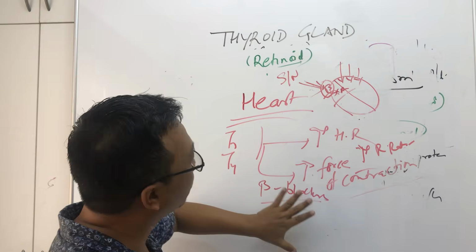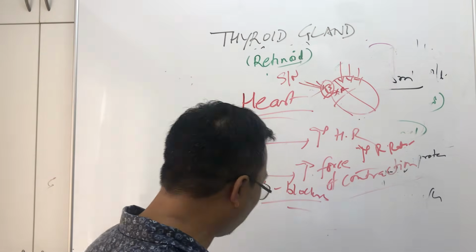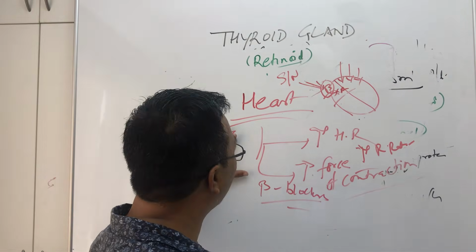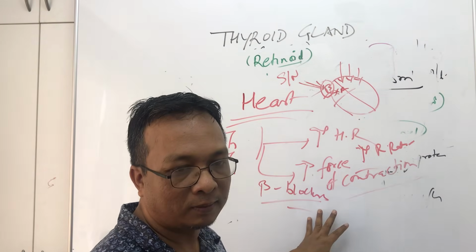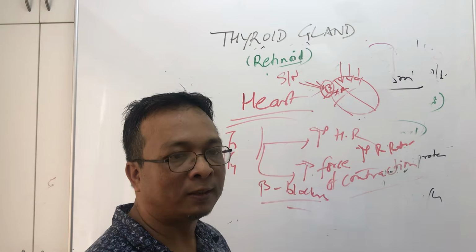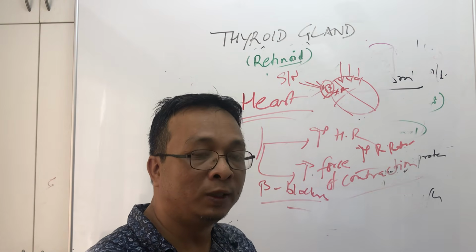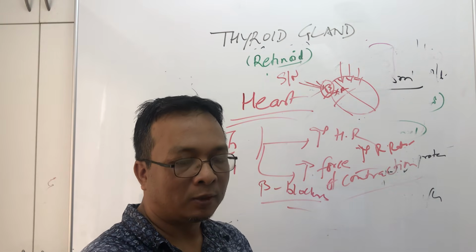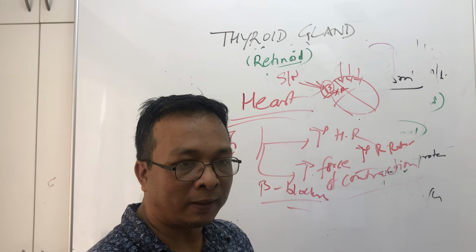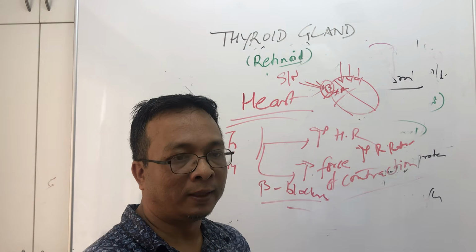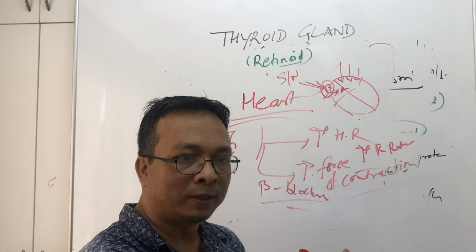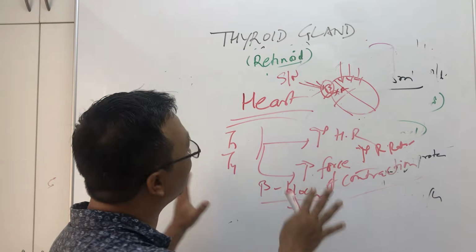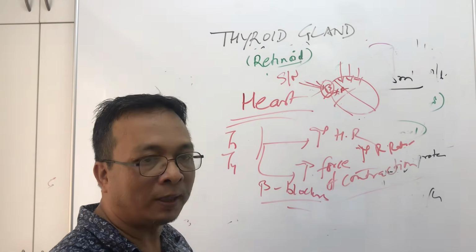So these are the features of hyperthyroidism. Similarly in hypothyroidism cases, I don't need to say separately about hypo or hyper. This is hyper; in hypo, it will be less. As a hyperthyroidism patient loses weight, a hypothyroidism patient gains weight. Hyperthyroidism patients have increased appetite but less weight gain. Similarly, hypothyroidism patients have decreased appetite but increased weight gain. So these are basically the clinical features of hyperthyroidism and hypothyroidism.